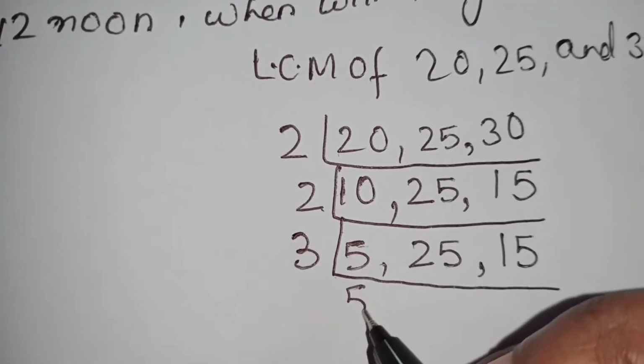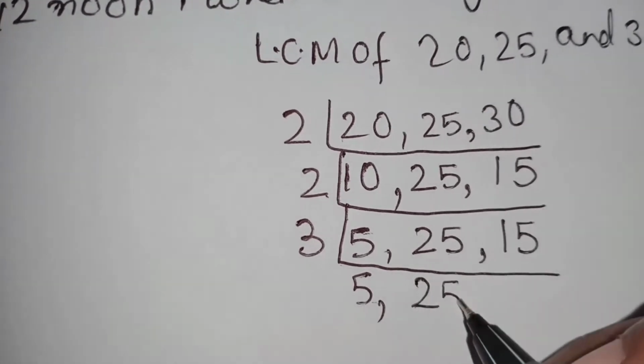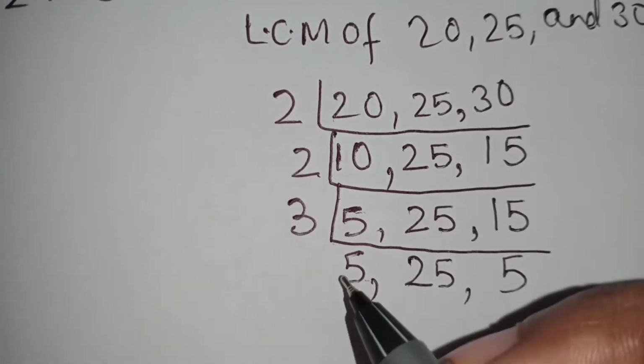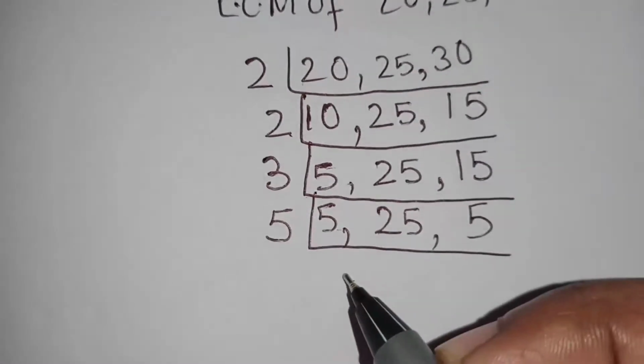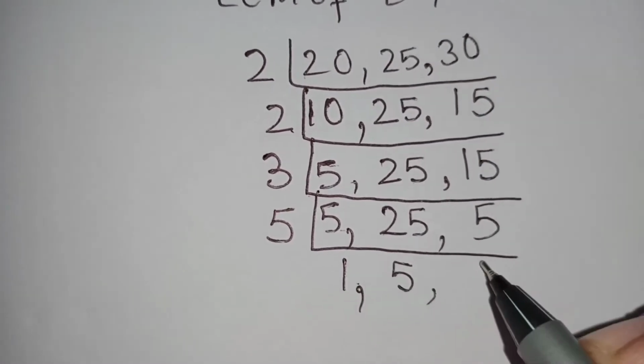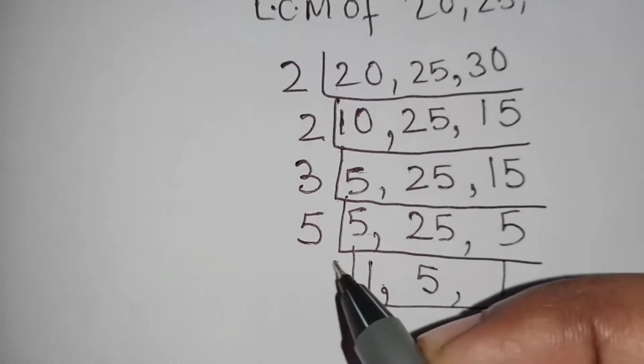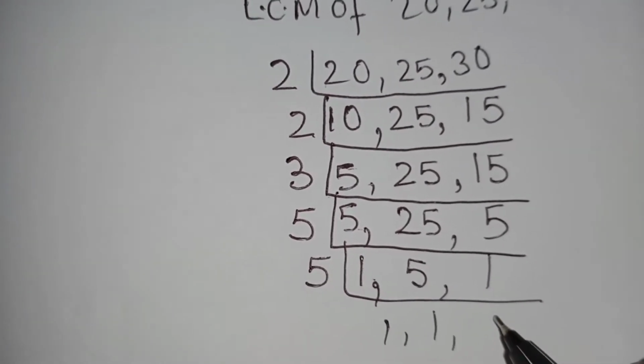So we'll write here 5. This will be 25 as it will not come. So 3 5s are 15. Now all these three numbers will come in the table of 5. 5 1s are 5. 5 5s are 25. 5 1s are 5. Again this 5 will come in the 5 table. 5 1s are 5.